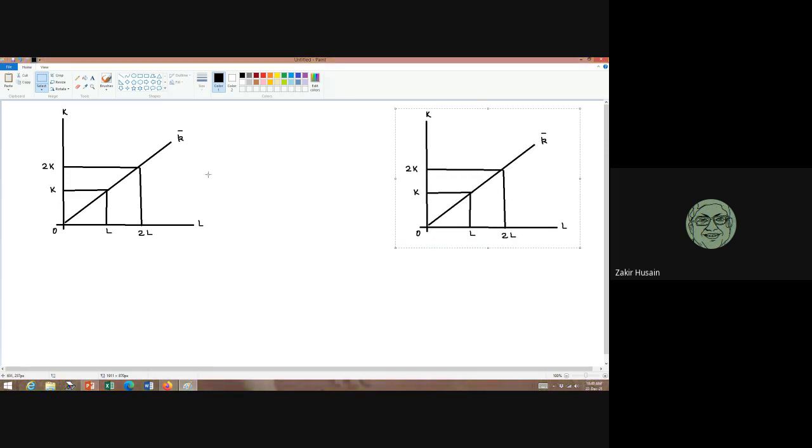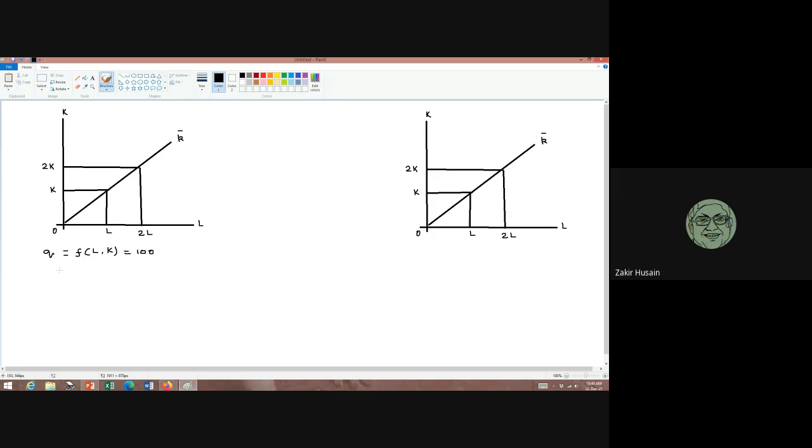So I won't have to do it again. Now, another possibility is that we started off with Q equal to F(L, K)